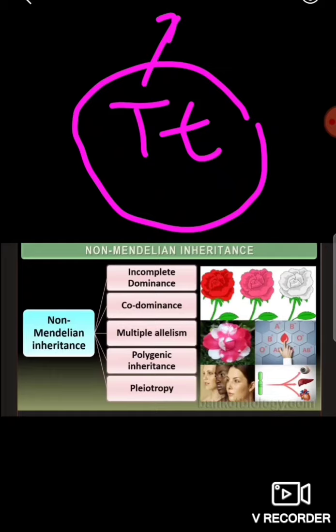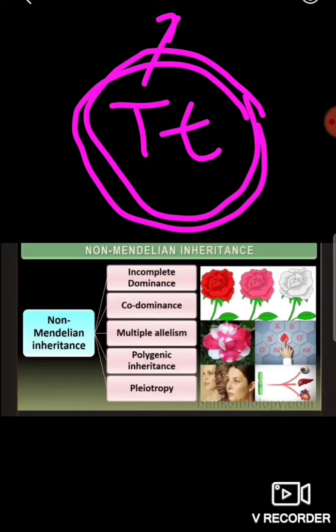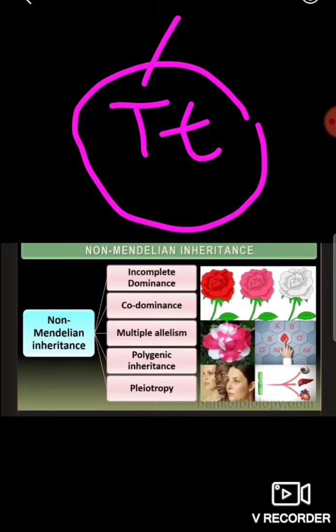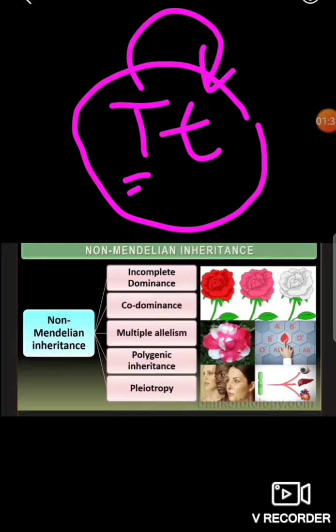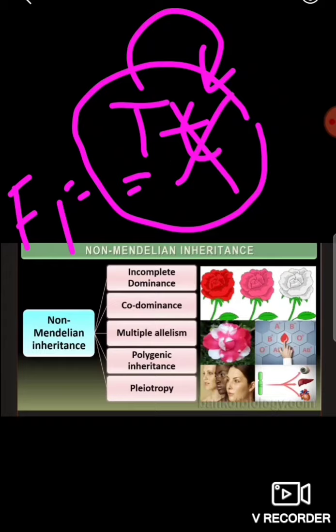In the heterozygous condition in Mendelian inheritance, a gene is nothing but a pair of alleles, so the gene has two alleles. One allele will be dominant over the other. The tall allele is dominant over the dwarf allele, so only the tall character is expressed in the F1 generation. Even though they have the dwarf allele, small t, it will not express.